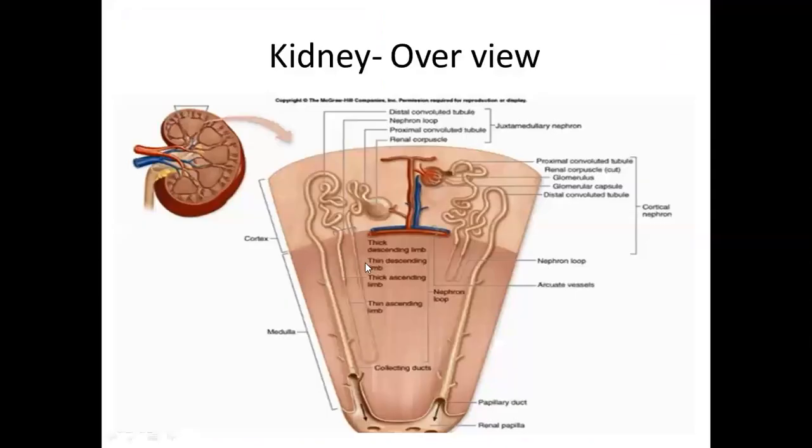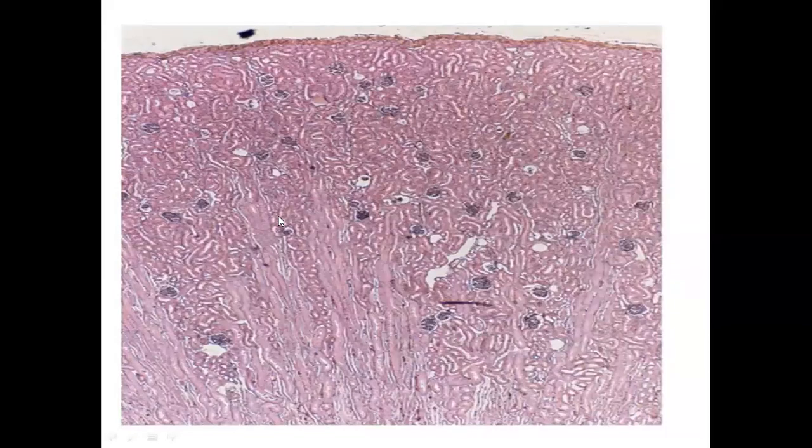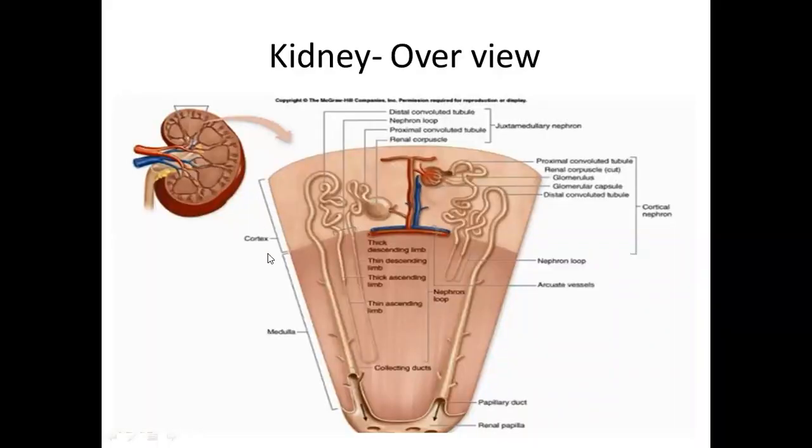In the overview of the kidney, the parenchymatous part is arranged in two different areas. The cortex is the outer area of the kidney, and in most animals the inner area is arranged in a pyramid arrangement, termed medullary pyramids, and that inner area is termed the medulla itself. We will look at the components which we can locate in the histological regions in upcoming slides, so that we can differentiate between cortex and medulla.